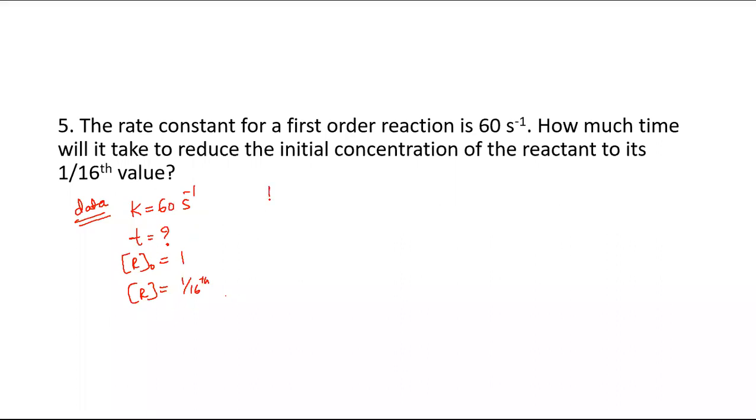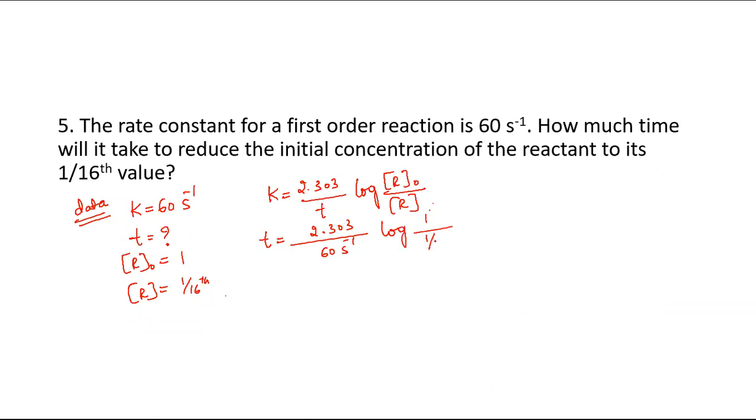So the formula is K is equal to 2.303 divided by T log R naught divided by R. Since you need to calculate T, just rearrange the formula. 2.303 divided by K, which is 60 per second, log initial value is 1, and final is 1/60th. Just calculate it and find out the log value, multiply with this 2.303 by 60 and tell me the value